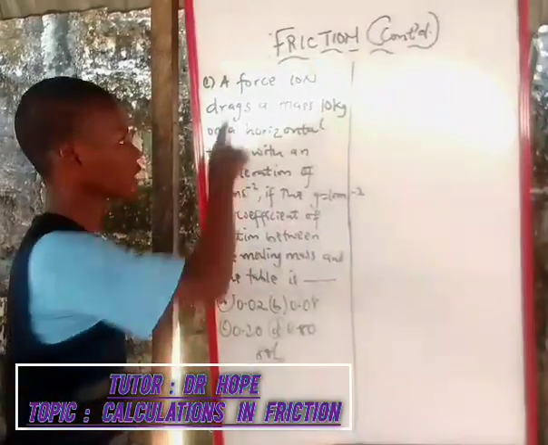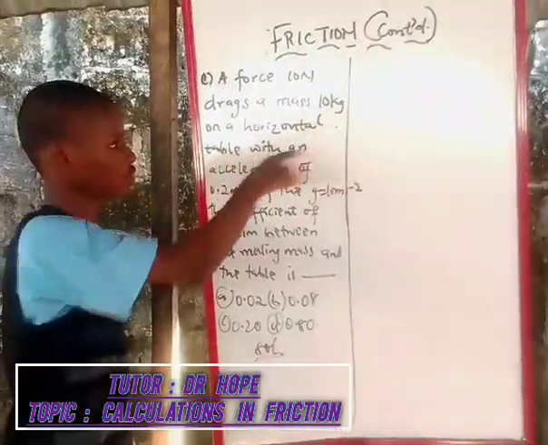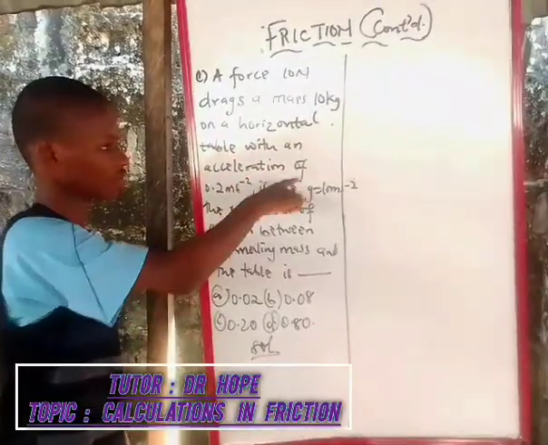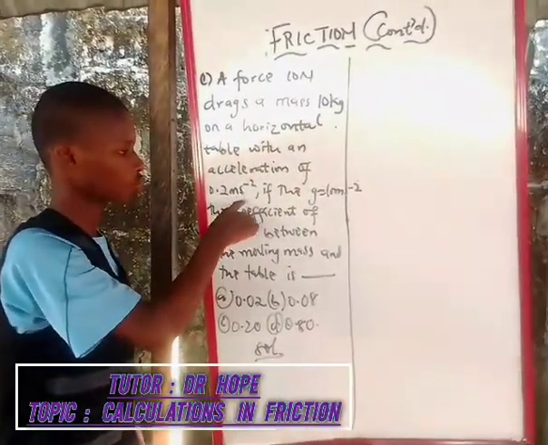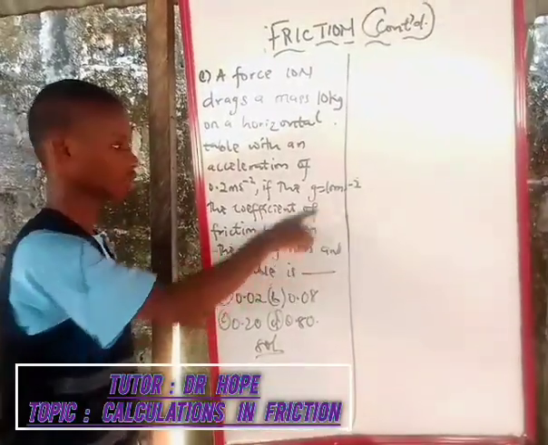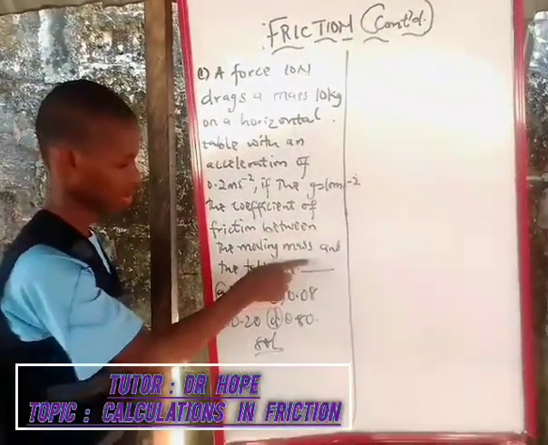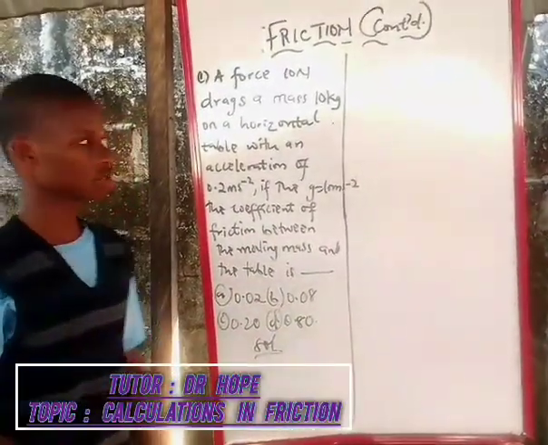The question says that a force of 10 Newton drags a mass of 10 kg on a horizontal table with an acceleration of 0.2 meter per second squared. If the acceleration due to gravity is 10 meter per second squared, the coefficient of friction between the moving mass and the table is dash. So in this question now,